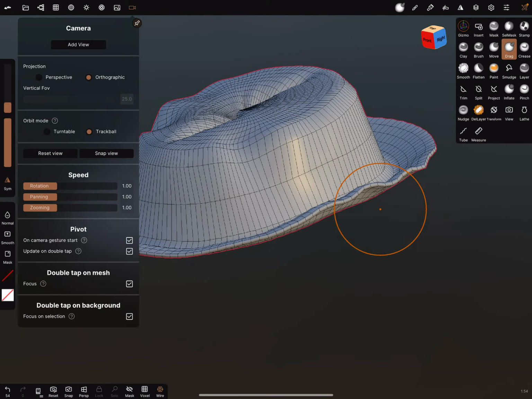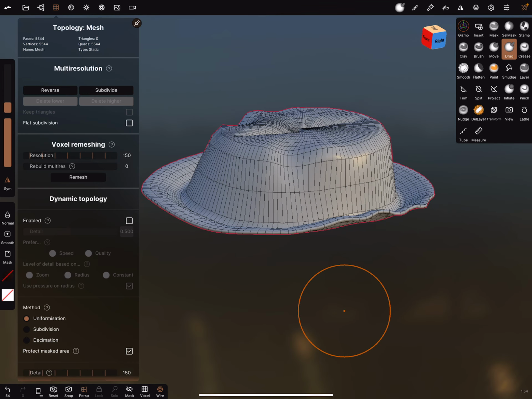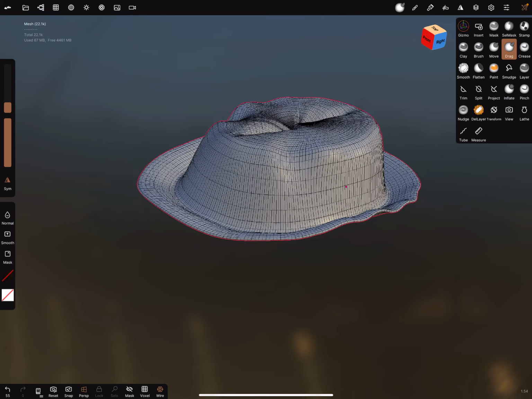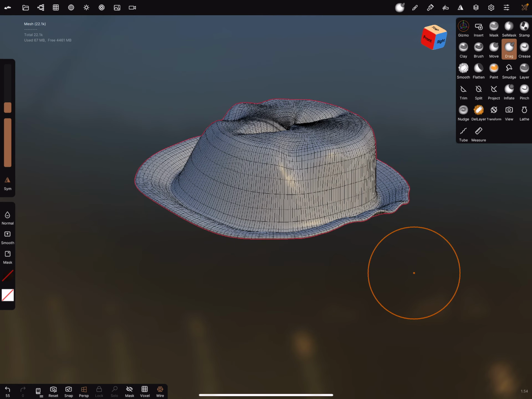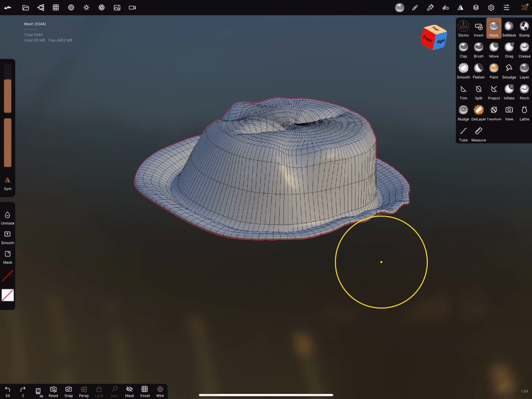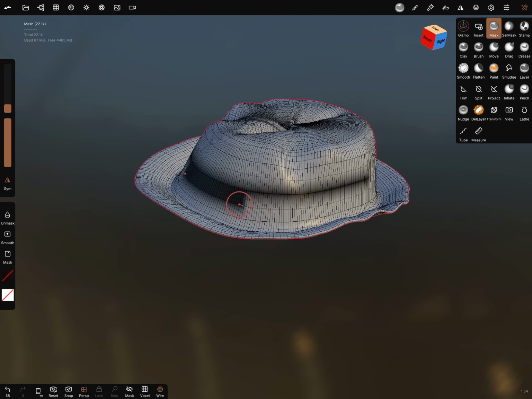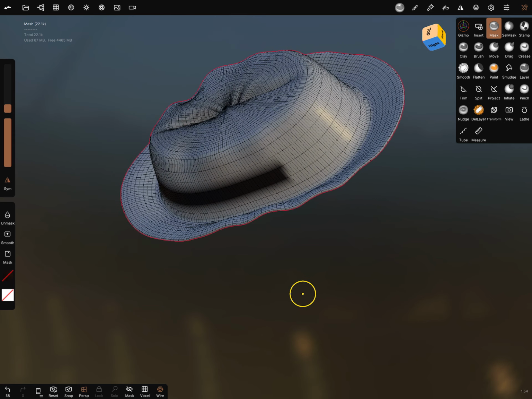And now we can use the perspective view, and we can subdivide it again. And when we subdivide it, it's a little bit of a big brush. Use a smaller size of the brush and brush this ring around the hat.